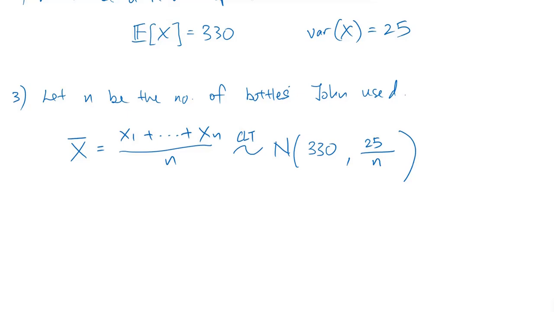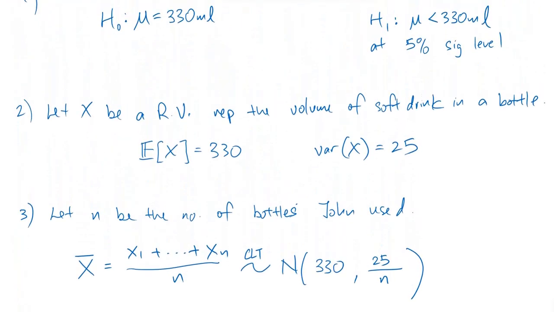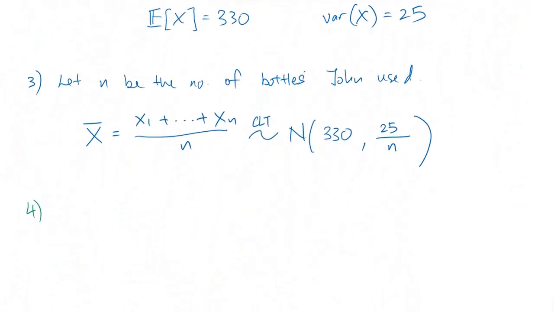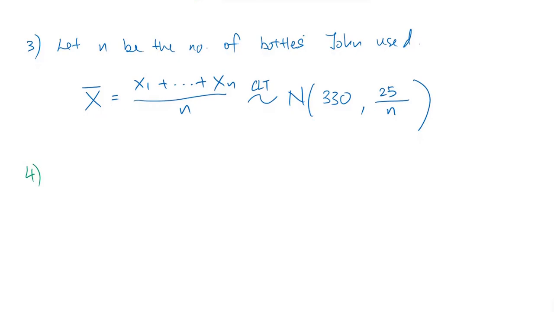Alright, then the next thing that I know from the actual experiment that John conducted is that the average volume of those bottles is 329. Mathematically, we denote it as a little x bar is 329 milliliters. Alright. So up to this point, I would like to draw the distribution of x bar first, to